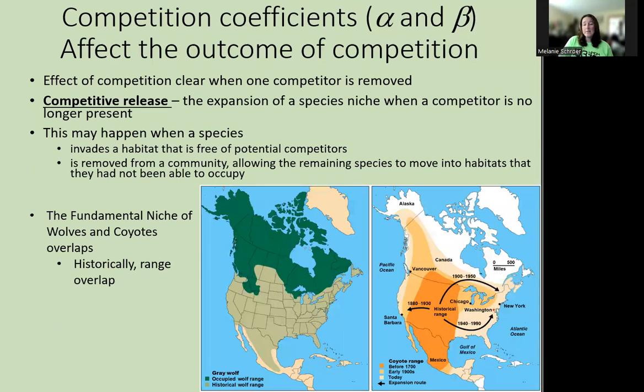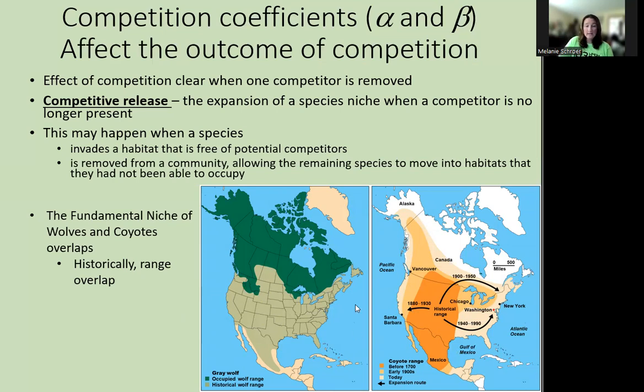And that's the example that I want to show you here. So the fundamental niche of wolves and coyotes overlaps considerably. And historically, so we're talking like before the 1700s, before such a large population in North America, the range of these species